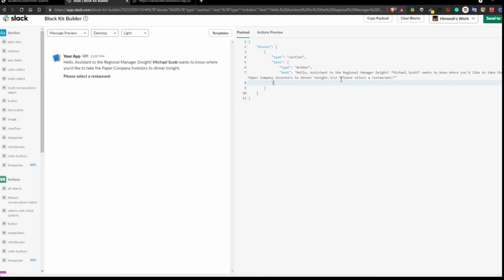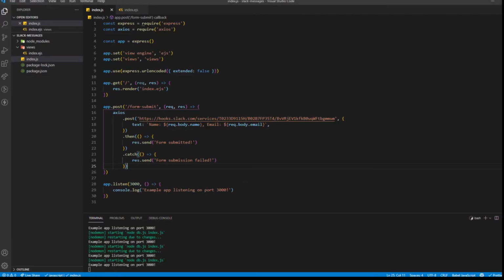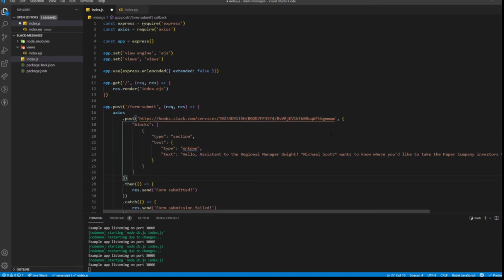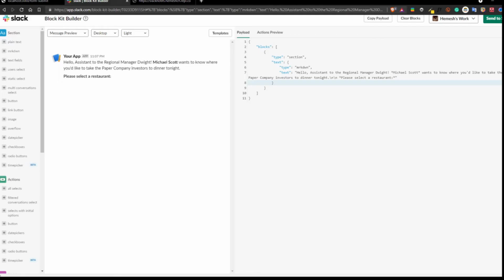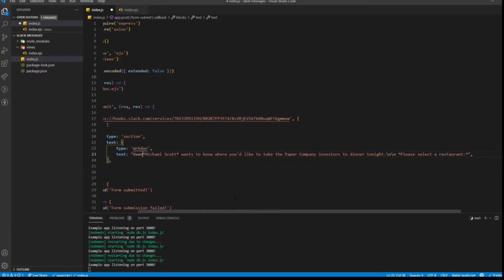If you want a new line, you can do \n. I'm just putting it right over here. Okay, this is the object, right? You can use the asterisk to make text bold. Is that bold? Yeah. Okay, so I'll just do name. I'll use the backticks here. And name, put it in as